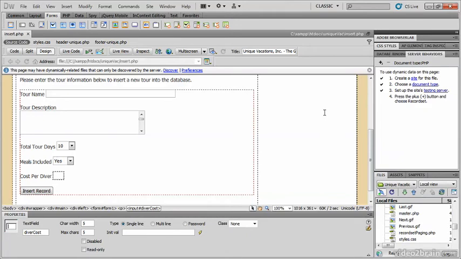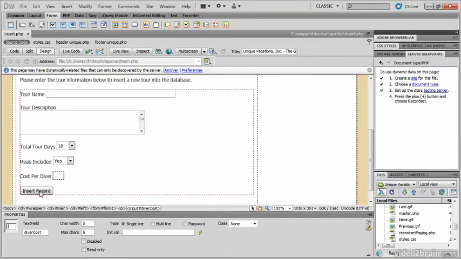Now, the real glitch that can occur when inserting data is if you do not have the correct permissions, you may be able to pull data out of the database, but you might not be able to write new data into the database. So inserting database information requires more permissions than just pulling it out. That's known as read and write access.